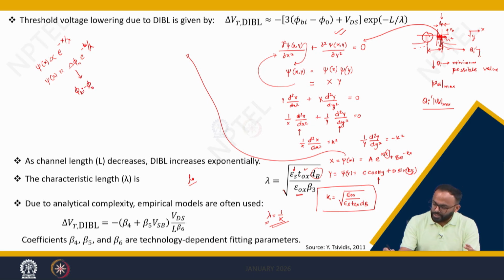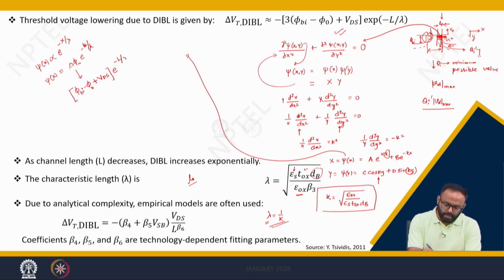Ideally it should be phi bi, the built-in potential at the source side, minus phi naught, the surface potential acquired because of the applied gate voltage. But as we are discussing short channel effect, DIBL will come into the picture, meaning the effect of drain voltage will also come into the picture. So you need to add VDS